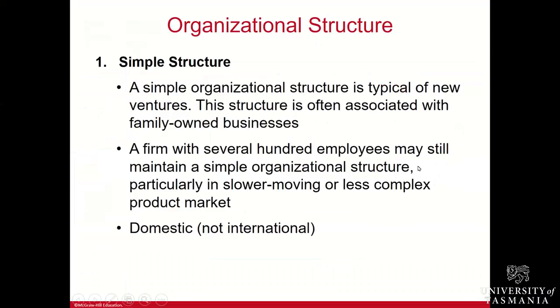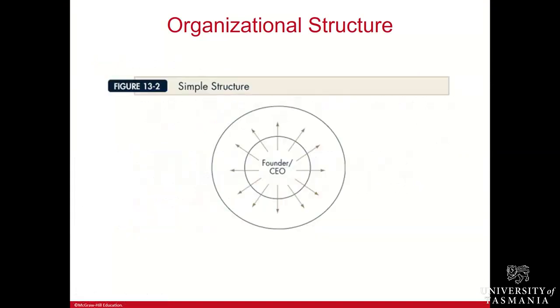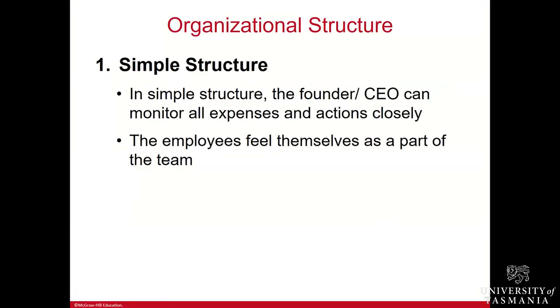And then this is domestic. Simple one is domestic. And then, in simple structure, the founder or CEO can monitor all expenses and actions closely. The employees feel themselves as part of the team, because as I said in the beginning, it's the basic structure, one company with one founder or CEO who owns the company. Mostly we can say a family business is running within the structure, and they are not